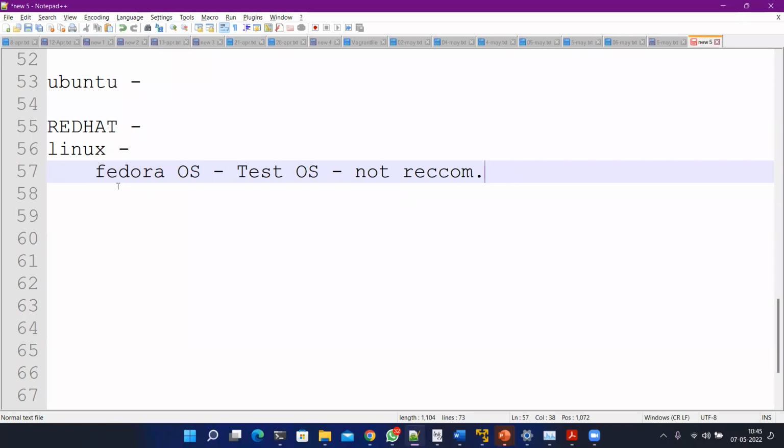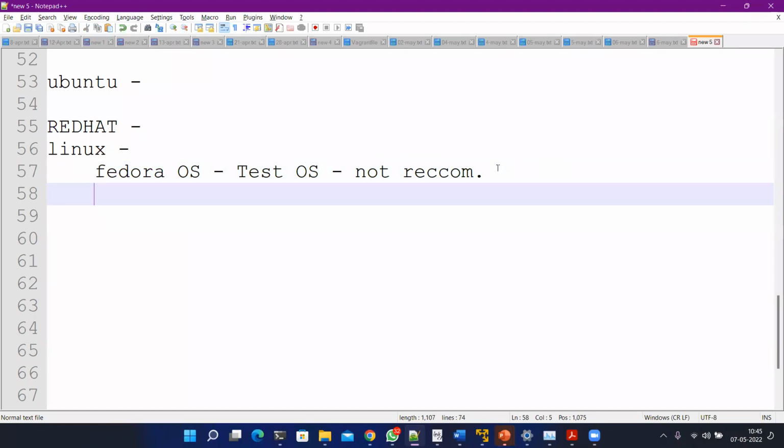Once the testing is done on the Fedora operating system, Red Hat tests the same code on another operating system, which is called CentOS. This is also a project of Red Hat. But yes, this one is a more stable operating system. If you want to try this, you can do it. Although we are using the CentOS operating system in the online labs which we have for the practice of Linux, which I will tell you about after this.